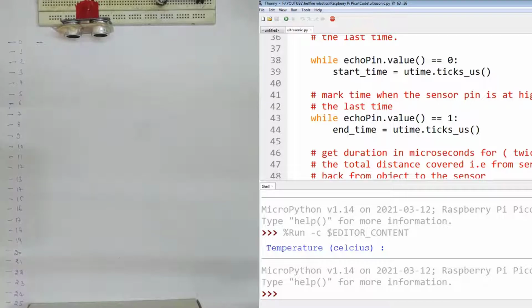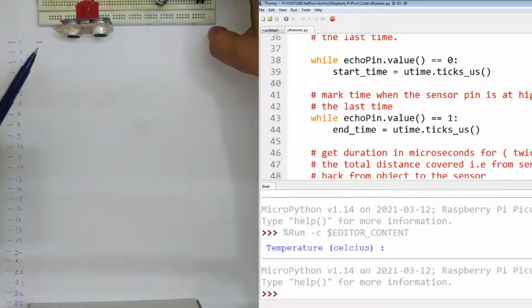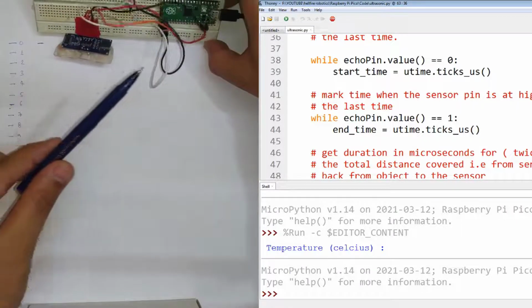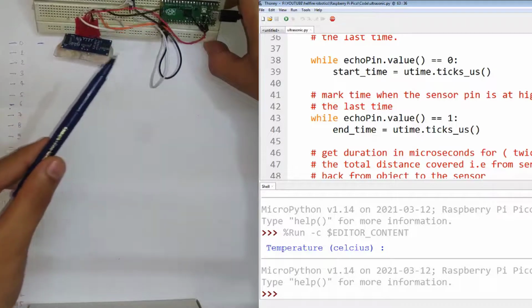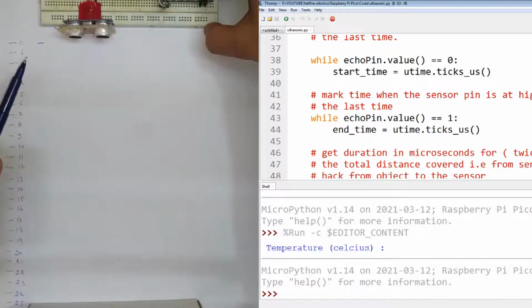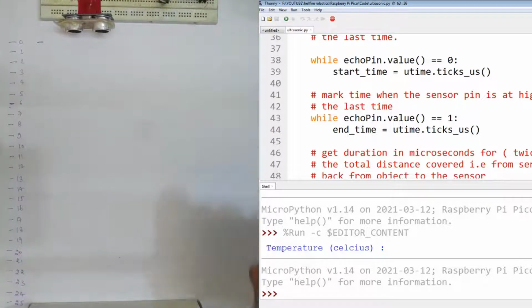Here, as you can see, is the ping sensor, also known as the ultrasonic sensor, and here is the Raspberry Pi Pico, and here we have made the connections. I have marked on this paper the distance in centimeter from 0 to 25.